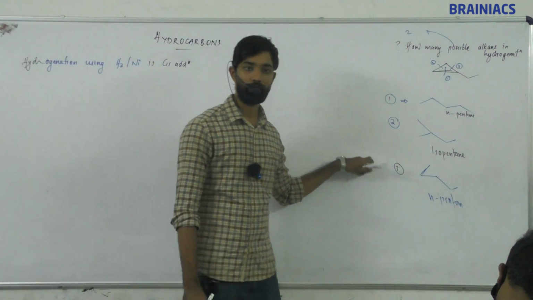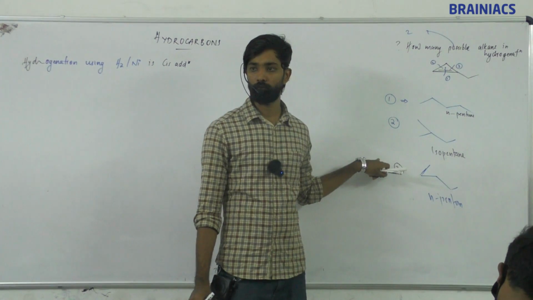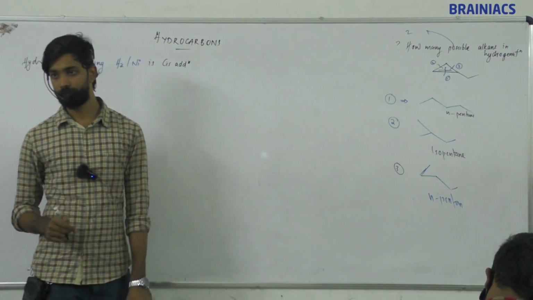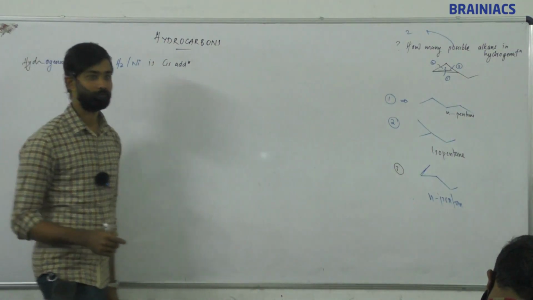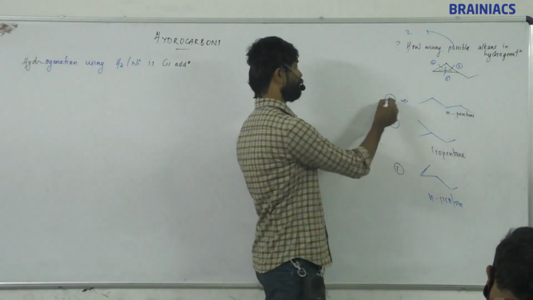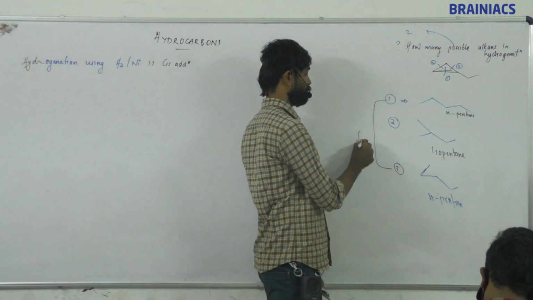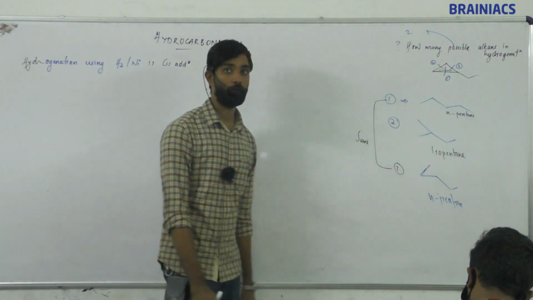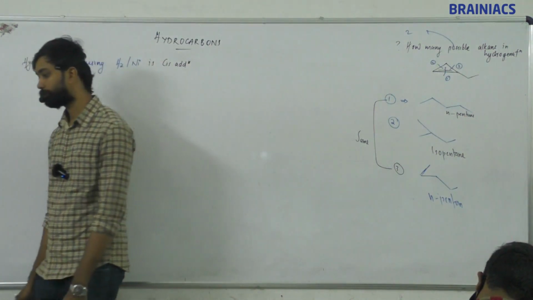So you should give the answer 2 possibilities. Okay, 2 possible alkanes. There are 3 possibilities, but 1 and 3 are same. So there are 2 different alkanes that can form, normal pentane and isopentane. Okay,